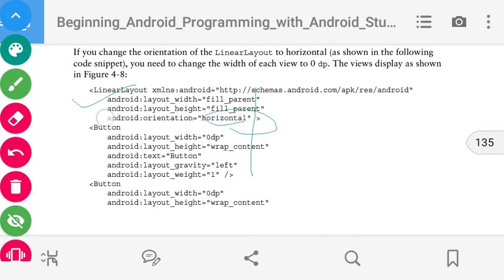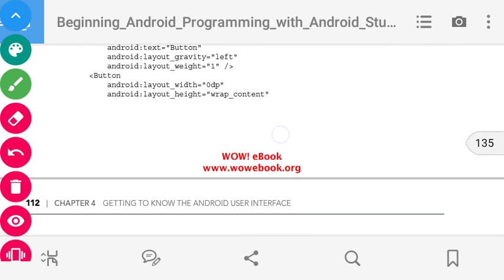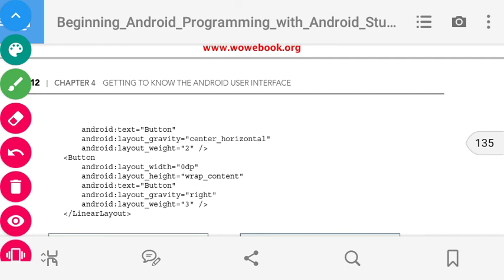First button: it has properties width, height, text property which is Button, and gravity property that is alignment. Another one, the weight property, is again set to 1. Then another button. Then we have the third button.